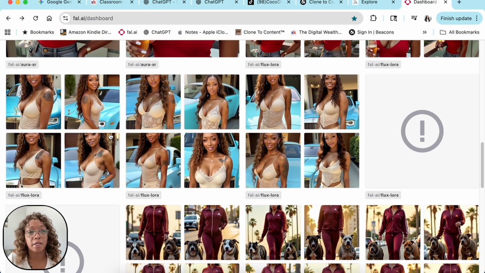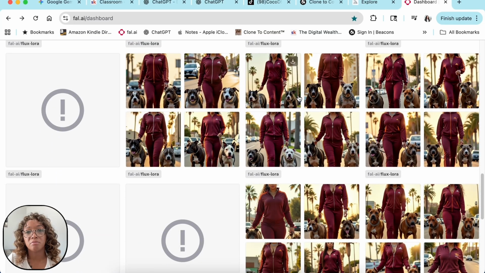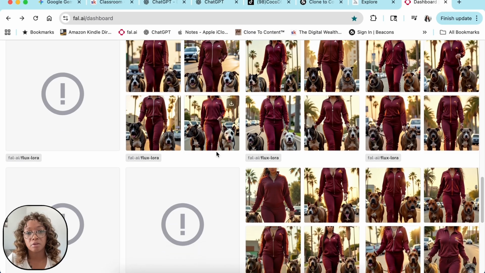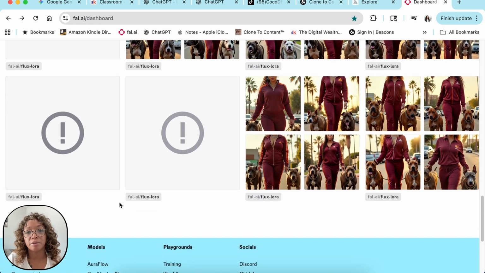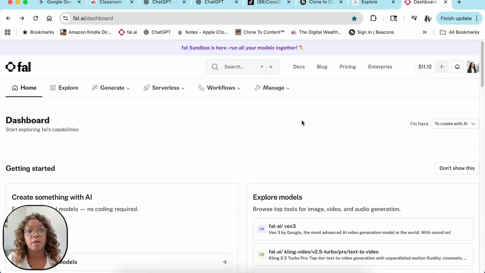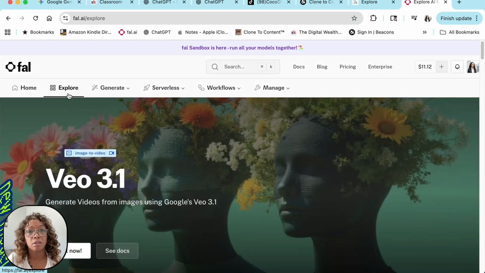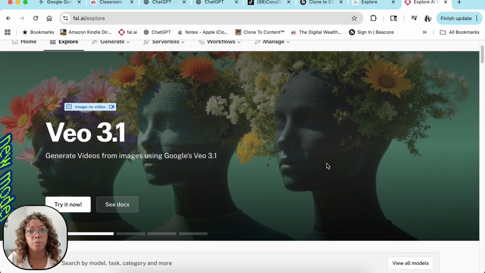So these are the ones that I showed you guys of me on TikTok. All of them started out like this. It's just still pictures, right? This is me. I did one of me walking dogs. Sometimes they don't come out. When you see these exclamation points, that means it didn't generate anything. So I'm just showing you guys an example. I like Foul because, like I said, you can access multiple platforms just through this one software. But you still have to know how to utilize each and every one of these different softwares. They're not easy. I'm still learning.